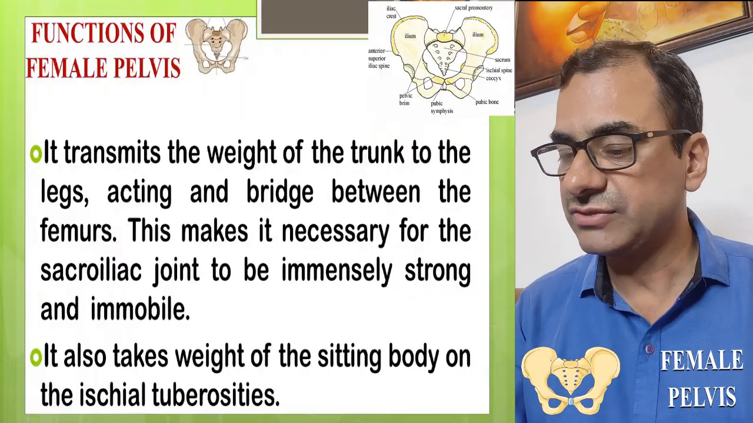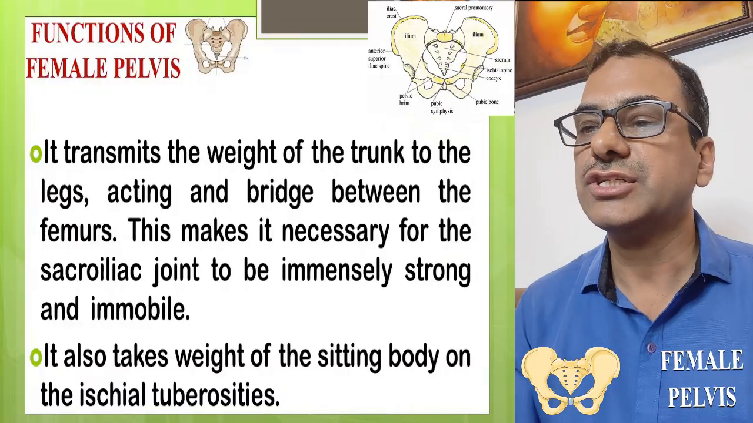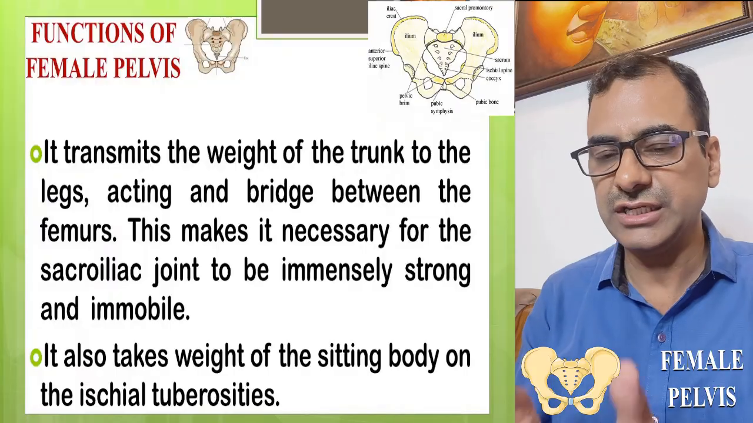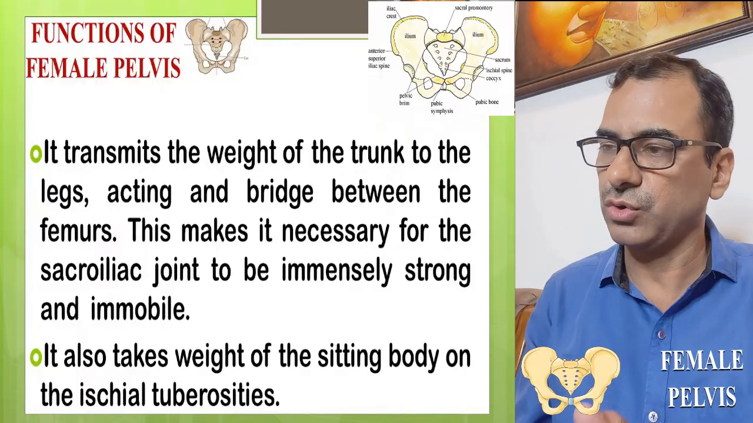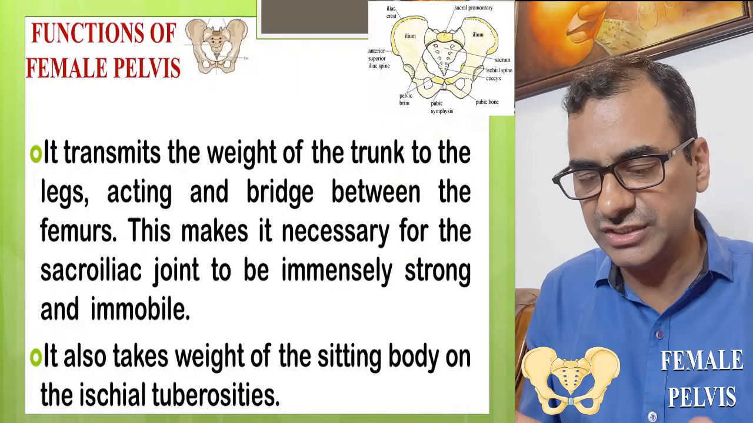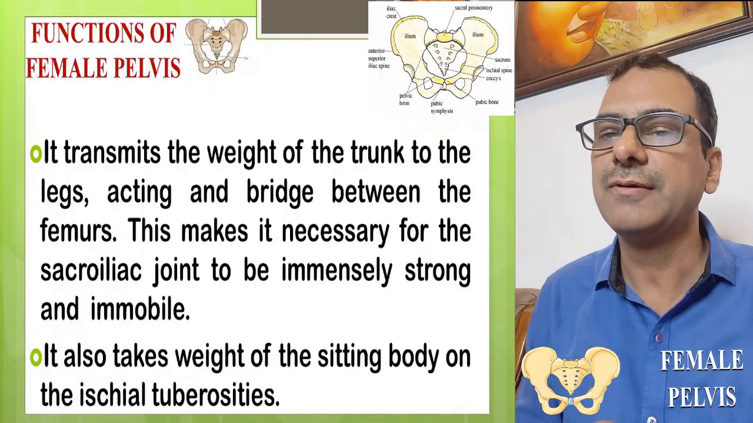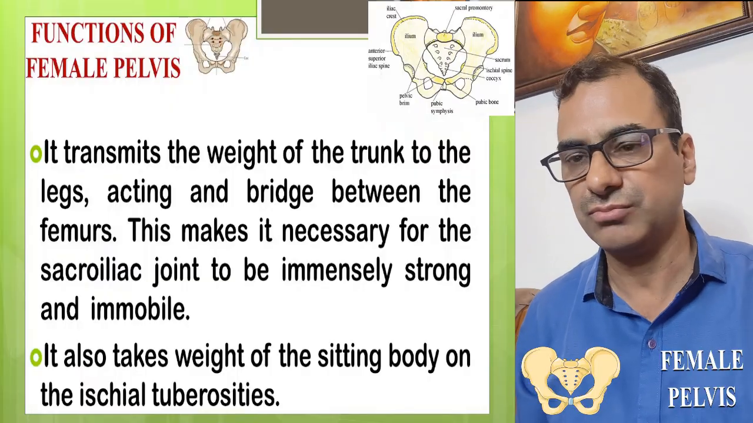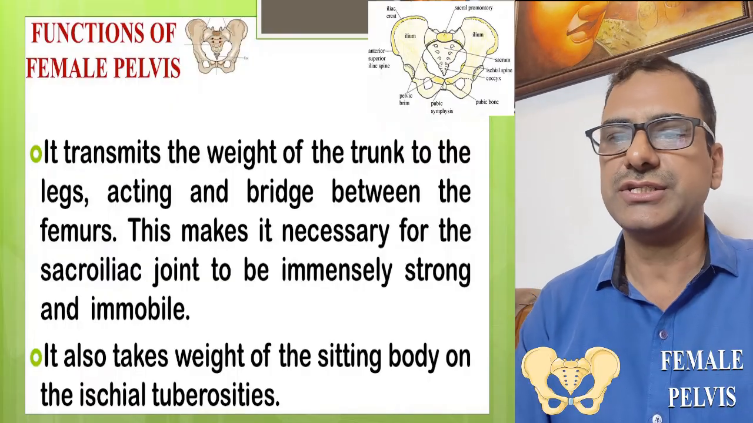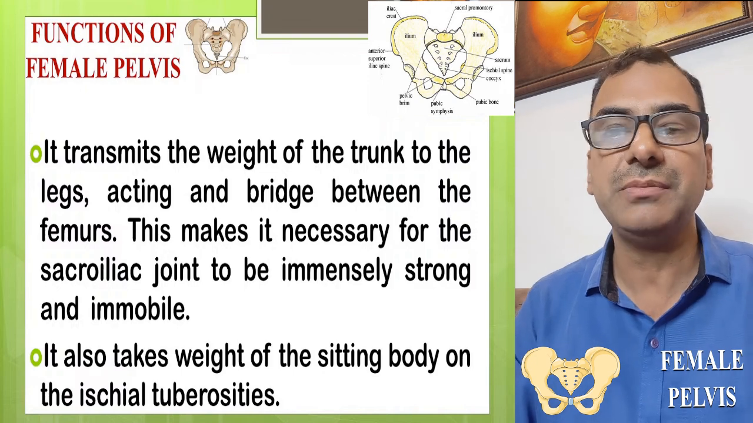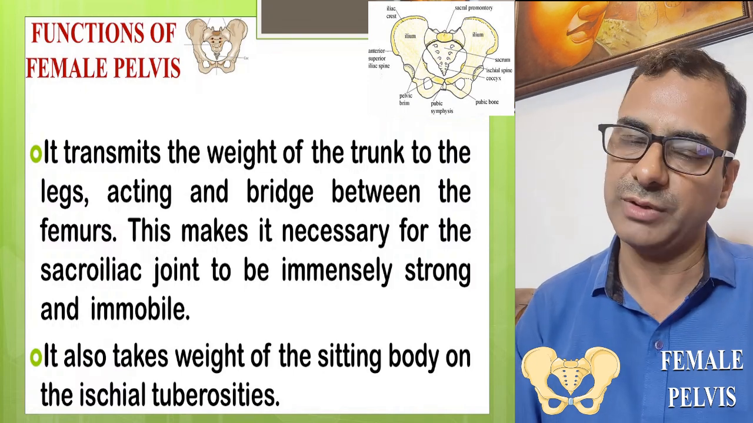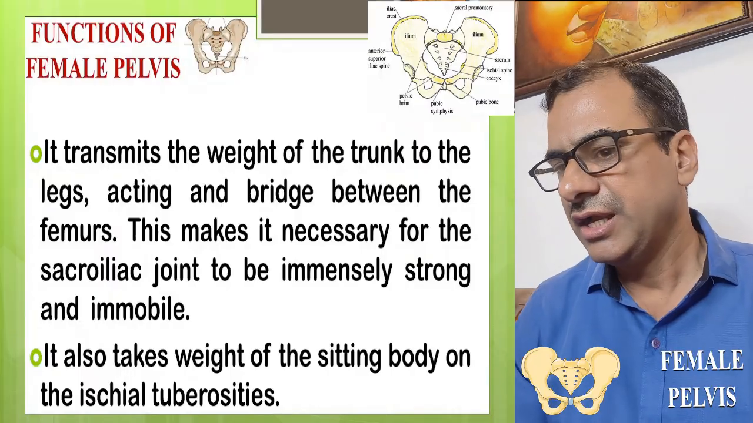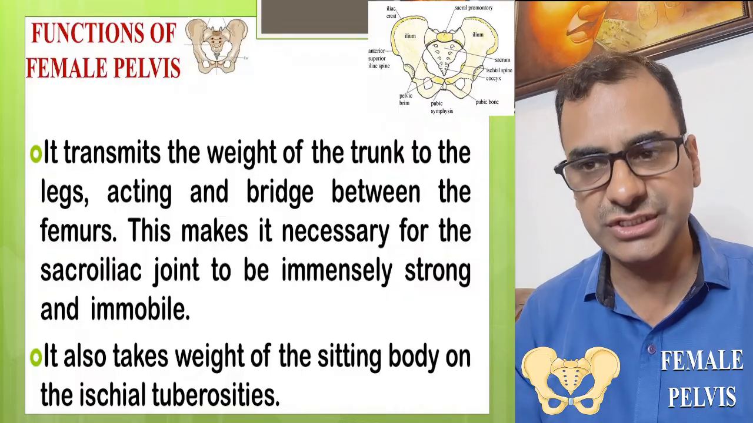Now we come to the next function. It transmits weight of the trunk to the legs. Actually, there is a junction point where the whole body's weight is on the pelvis, and the pelvis transmits the weight to both legs. It acts as a bridge between both femur bones. This makes it necessary for the sacroiliac joint to be immensely strong and immobile for holding the weight of the whole body. It also takes weight during sitting position,